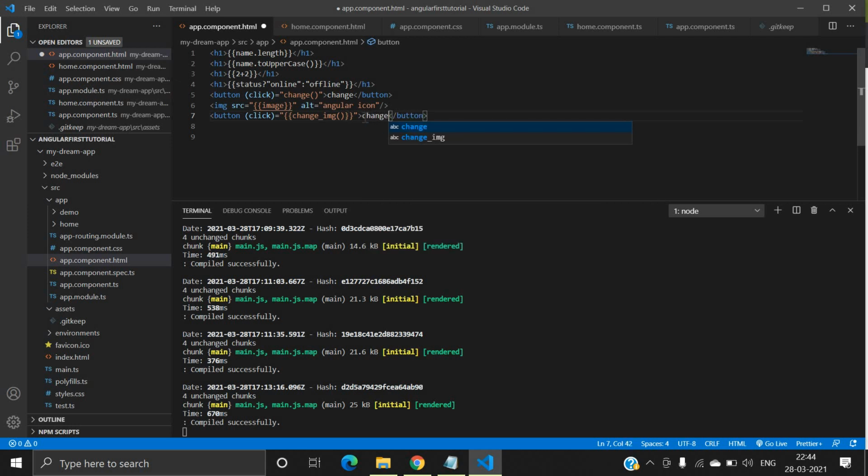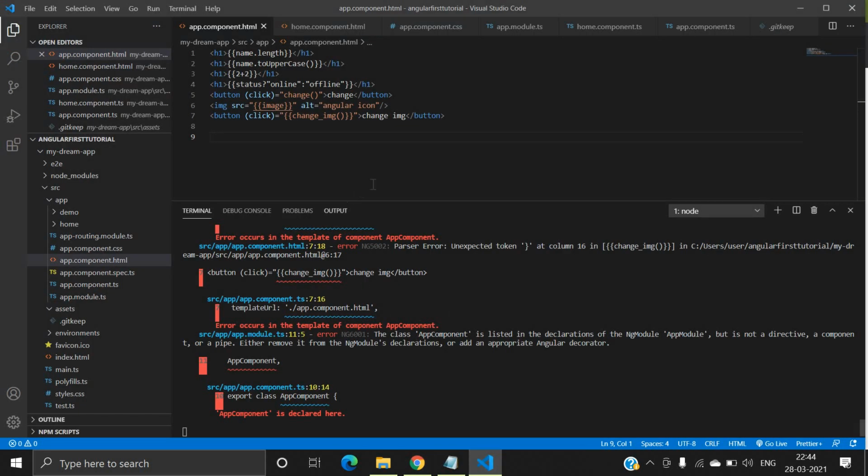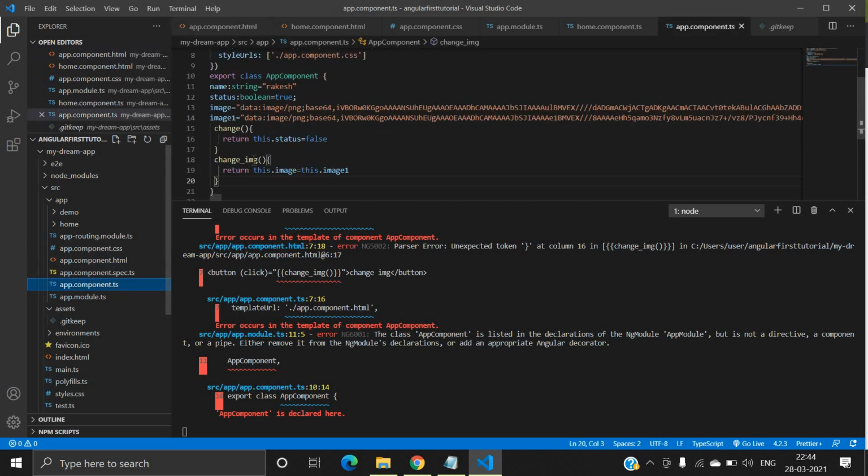Change image, and I will save. I think I am getting some error. What is the error? Change one, and here I will